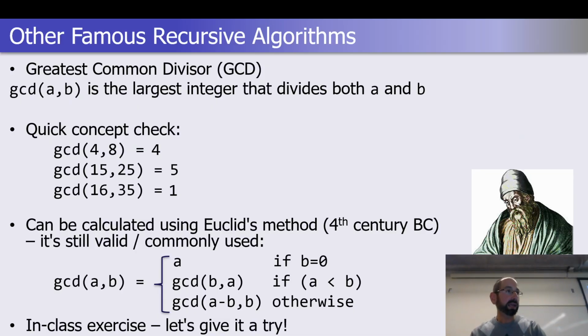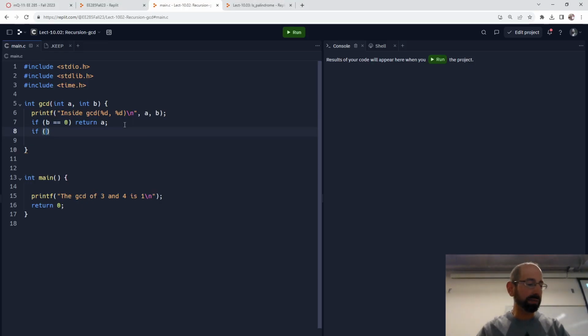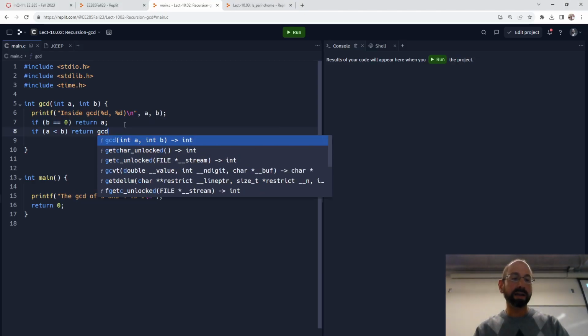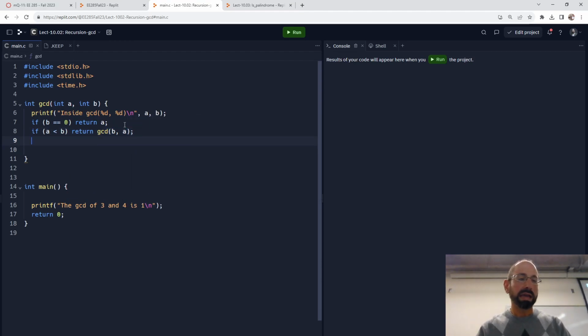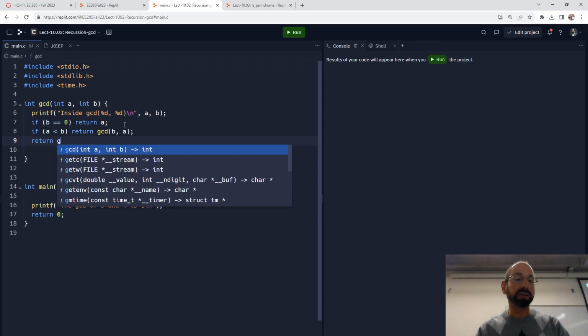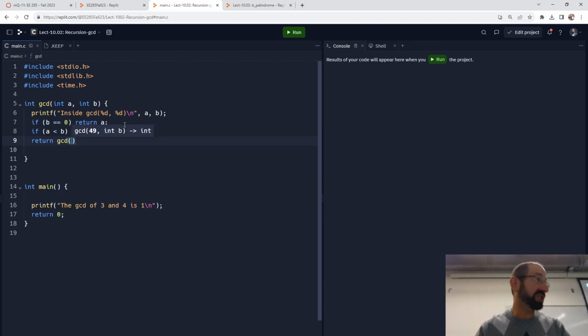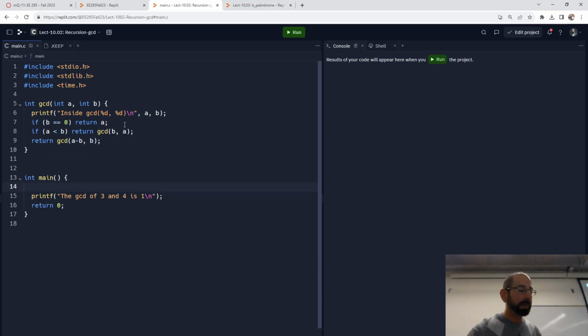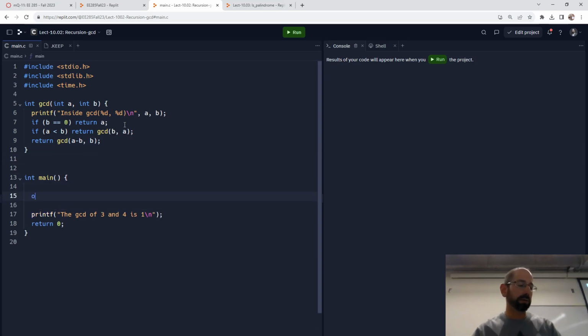If A is less than B, so we know it's at least that much, what should we return? That's it. I'm not going to add a new line there either. And then otherwise, we could write an else statement. Otherwise, we don't really need to, because if we've gotten to that point, we've reached the else block, right? Everything else is returned. So we got our 3-line plus an unnecessary debug statement implementation of GCD. We should probably then